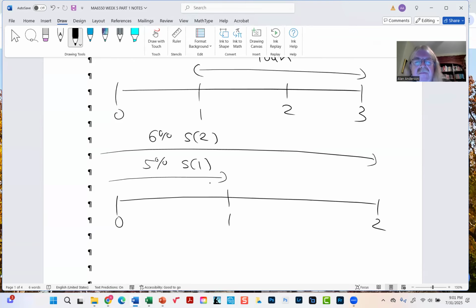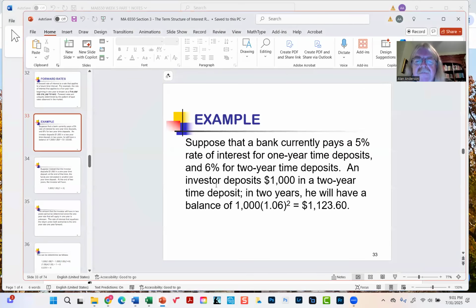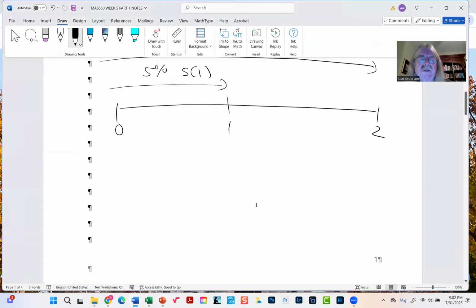Okay. So now let's assume somebody decides that they're going to put $1,000 in the 2-year CD. In 2 years, they'll have $1,123.60 because you're multiplying 1,000 times 1.06 times 1.06. Okay, in other words,